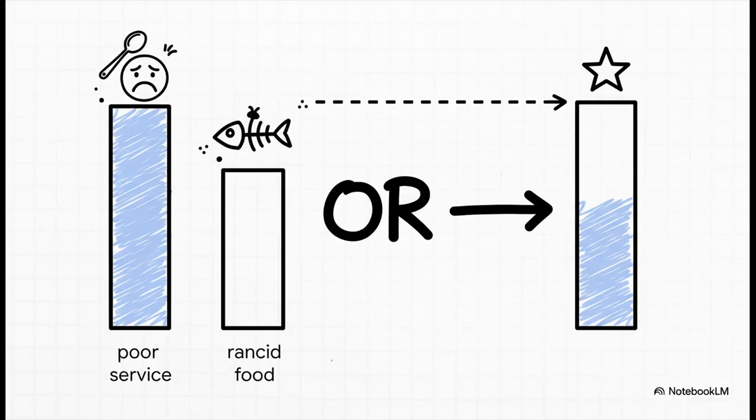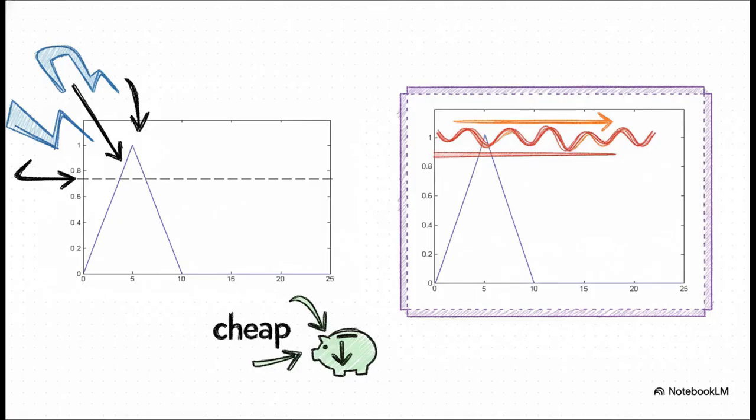All right, on to step 2, applying the rules. The system goes through each rule we wrote and figures out how strongly it applies to our situation. And when it sees a rule with an or, like if service is poor or food is rancid, the fuzzy logic for or is super simple. It just means take whichever value is bigger. So since our service was 80% poor, that first rule fires up with 80% strength, and that activates the cheap